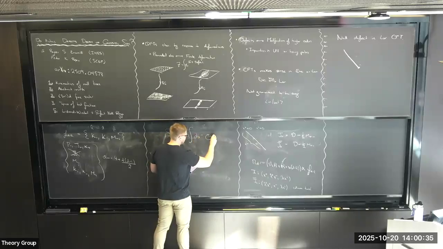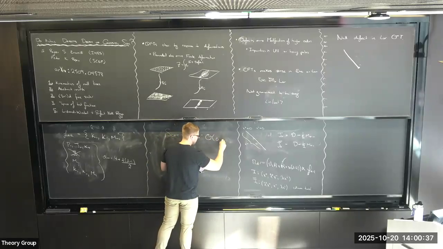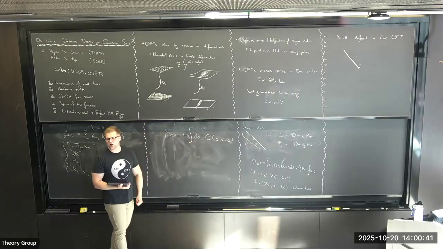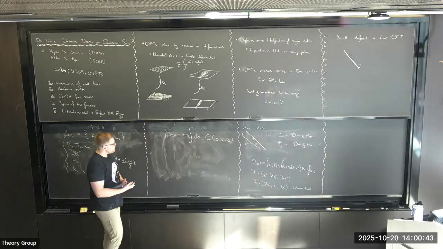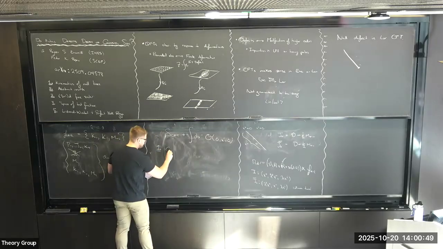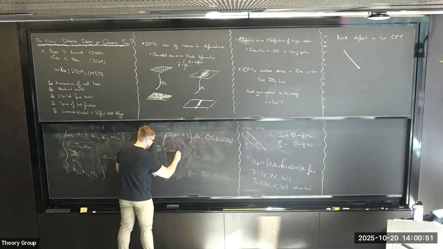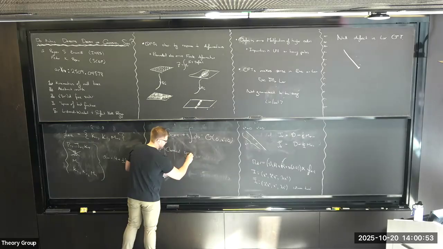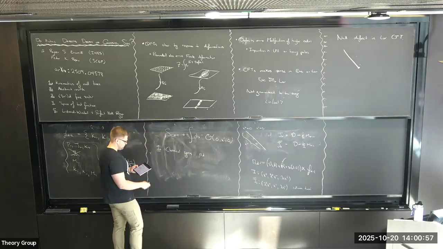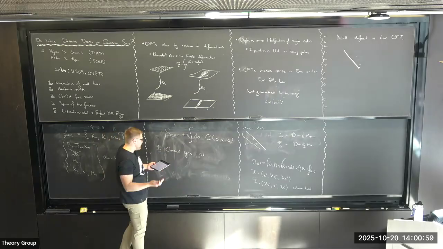I'm interested in defects that are of pinning type. So let's say you just take a local operator and you just integrate it along the line. If you actually do this, you're not necessarily going to preserve all the symmetries I said. So in the UV, you're going to have your subgroup of your classical symmetries that were preserved. That's going to be some subalgebra, this n subscript d. I mean, just adding this pinning defect could break some symmetries.